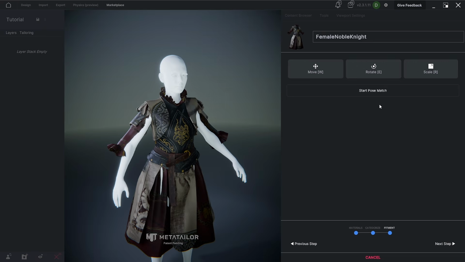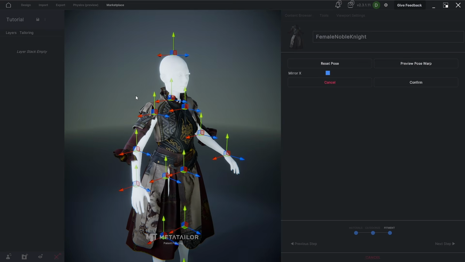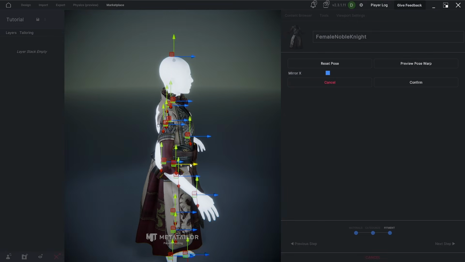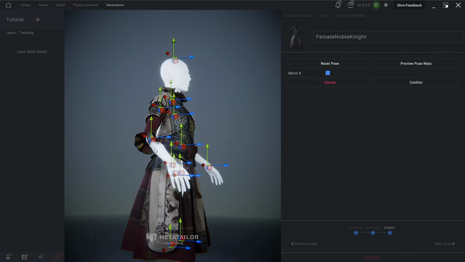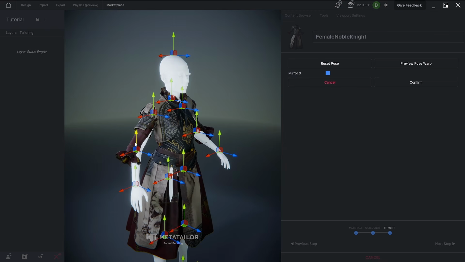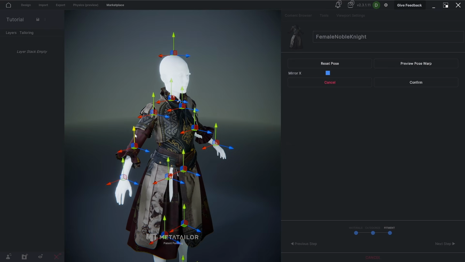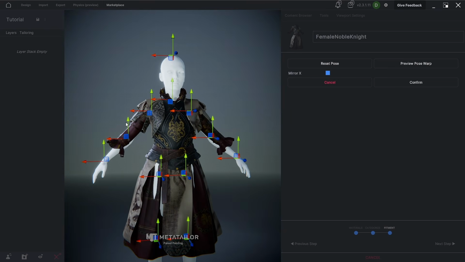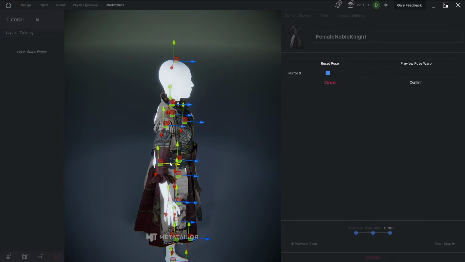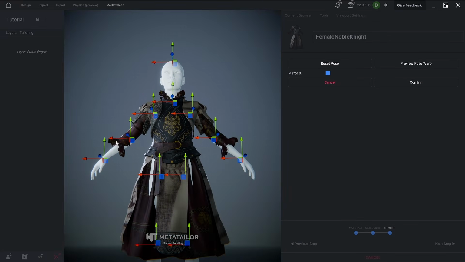Now I'll adjust the character's pose to match the dress properly. Here, we have a gizmo for each bone in our character's body. I'll carefully adjust them to fit the outfit properly. I won't fast forward the video so beginners can follow along easily. The arms are done.